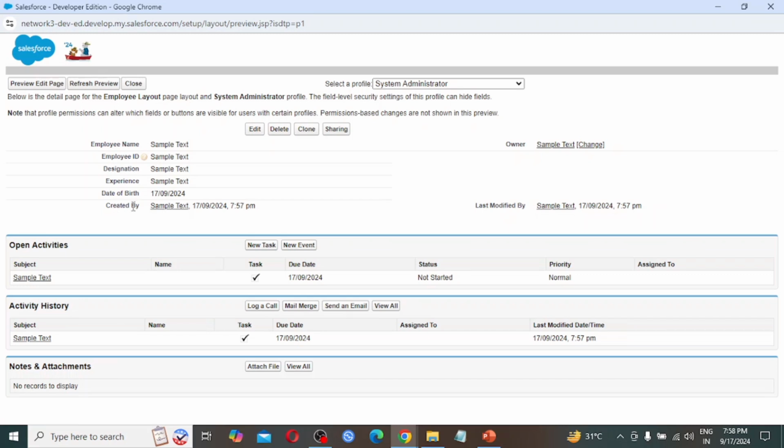So created by, as we had seen in the field section, last modified by, owner. These fields we had not created, but still they are coming. They are created by Salesforce and given to us.